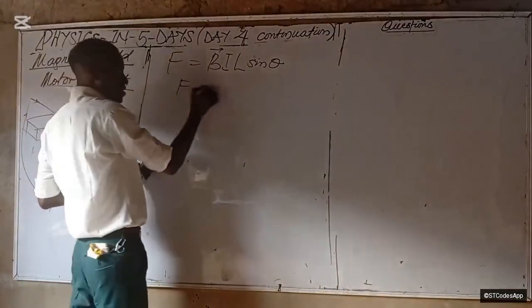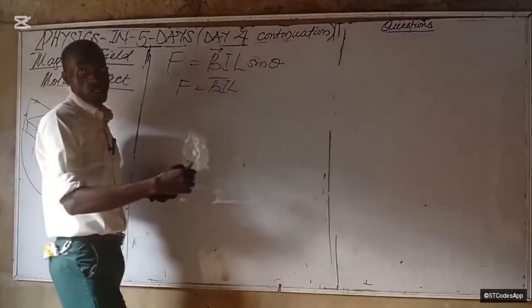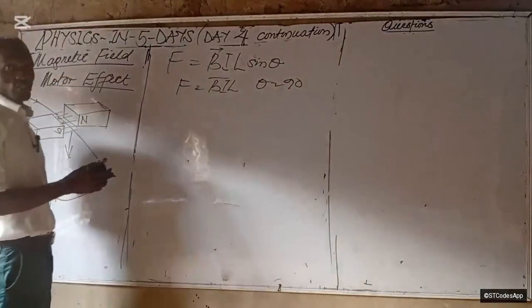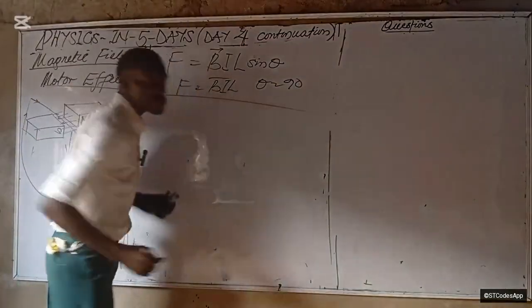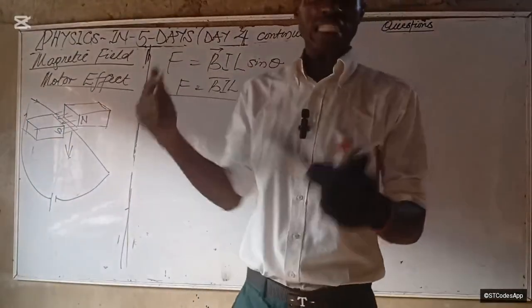So that at perfect perpendicularity we have what? F equals BIL. Is that okay? Where theta equals what? 90 degrees. Does that make sense? Because sine 90 is 1. Do you remember now? Okay, now if force acts on a wire that is carrying current in the magnetic field,